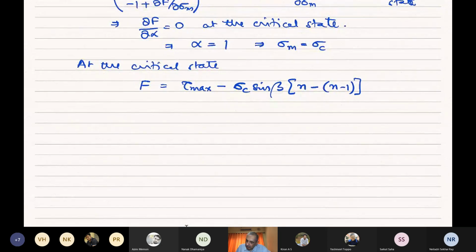So this is what you will get, and this is equal to 0. And so this gives us that tau max is equal to, just see from here, n minus n cancels plus 1. So this is just 1 inside the bracket. You take it to the other side and I'll get